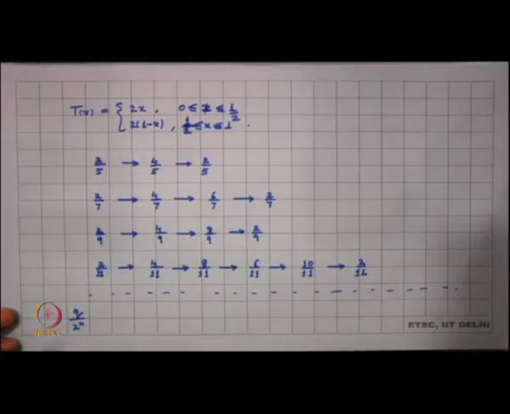What happens to these particular rationals? Let us start with 1 by 2 to the power n. We know that in n minus 1 steps this is going to reach 1 by 2, and then 1 by 2 is mapped to 1, and then 1 is mapped to 0. We know that 0 is a fixed point. So we find that this point, 1 upon 2 to the power n, happens to be eventually fixed. What can you say about all dyadic rationals in this particular way? They all turn out to be eventually fixed.